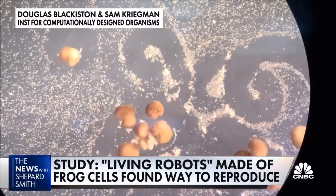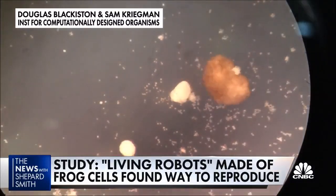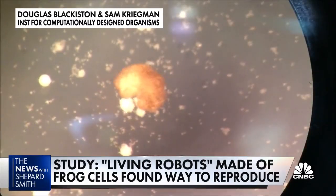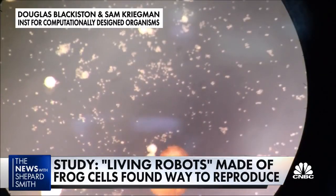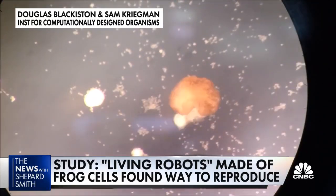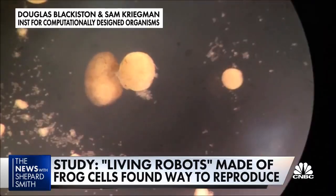The microscopic bots look a lot like little Pac-Men, right? And according to a new study, they round up loose cells to create clusters. Then those clusters become living robots of their own. Reproduction. Researchers say their findings could lead to big advances, from rounding up microplastics in the ocean to finding cancer